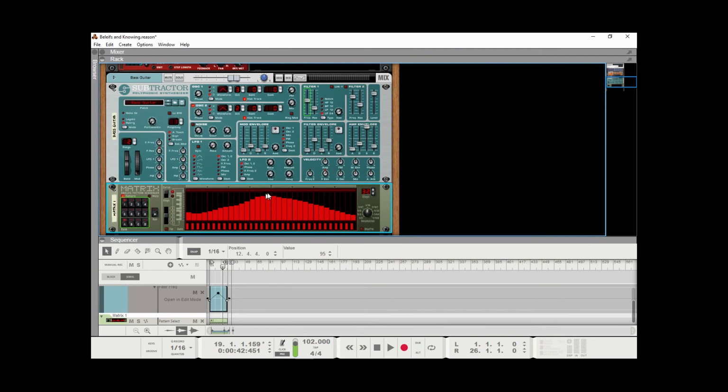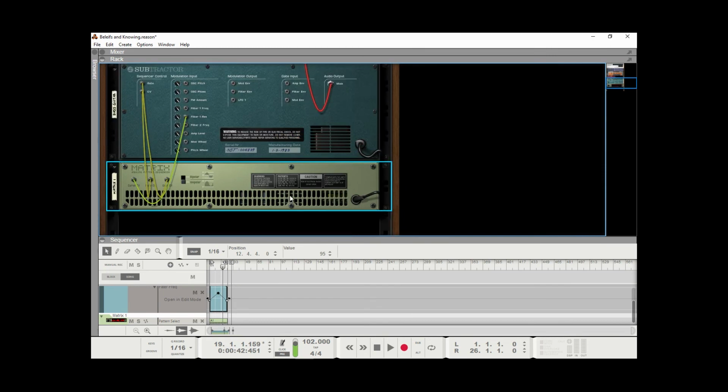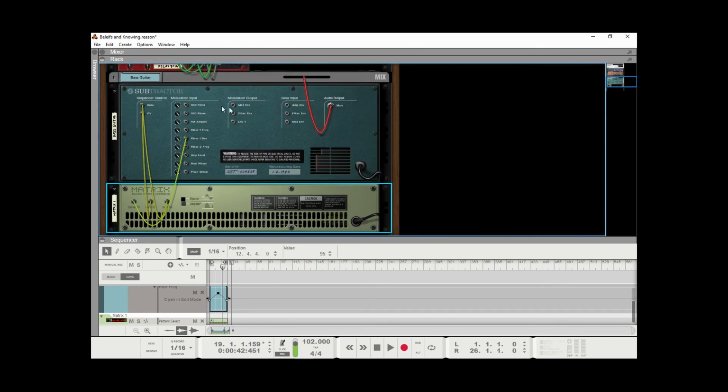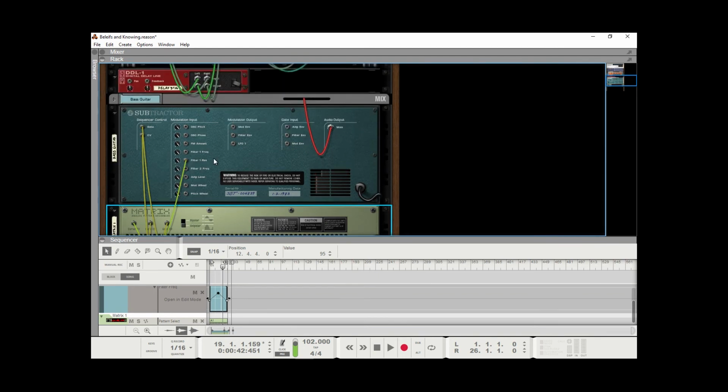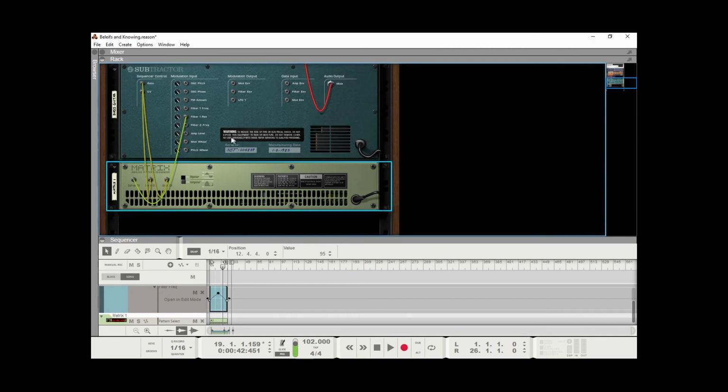And so I just thought I'd show you a little bit of this, and basically the new series will be starting from square one with Reason. But as you can see, a lot of these concepts can be applied to other software or to synth modules that are external. And so things like this, I could actually try this outboard,